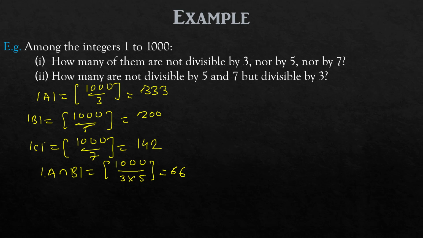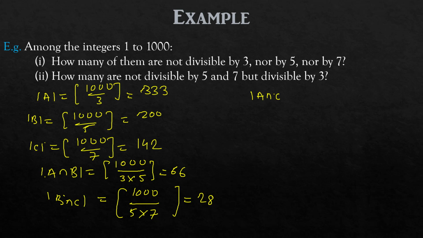Now the next one is B intersection C. So 1000 divided by... B is the set of numbers divisible by 5, and C is the set of multiples of 7. So we get 28. Then after that, the second last, A intersection C, is equal to: A is the set